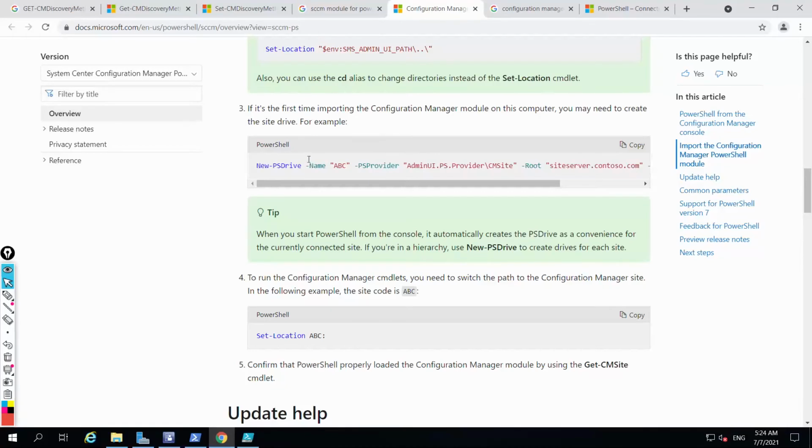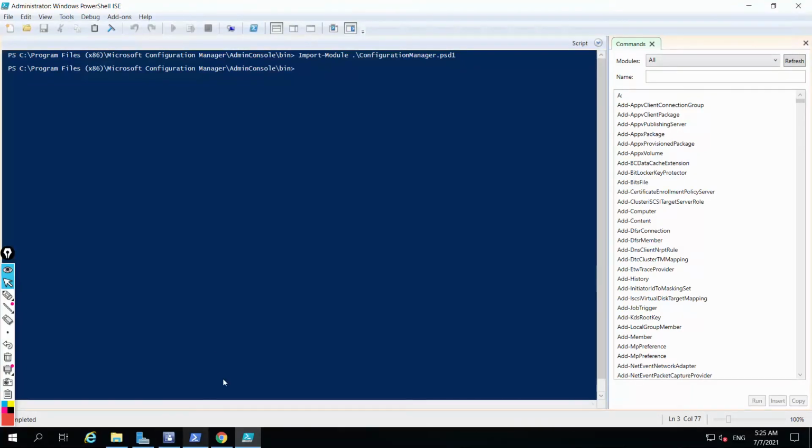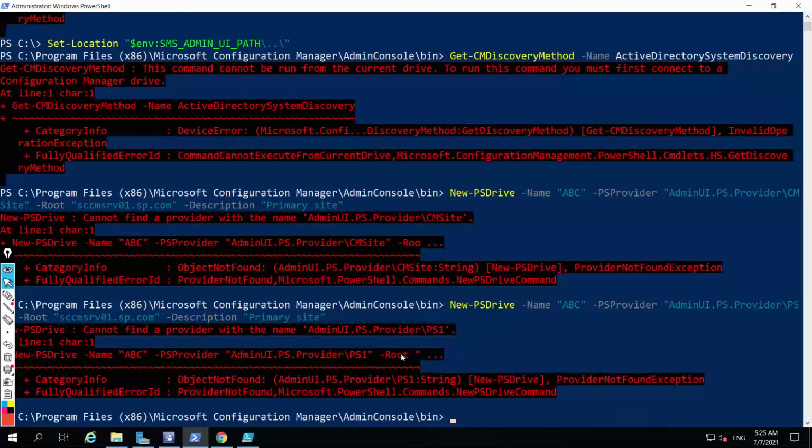Then we need to create the PSDrive, with description primary, description secondary, and PS1. My site code is PS01, right?